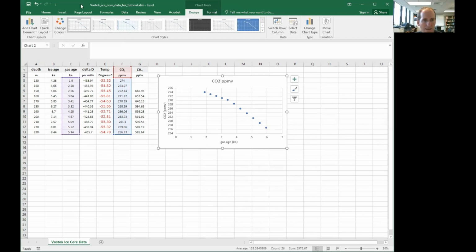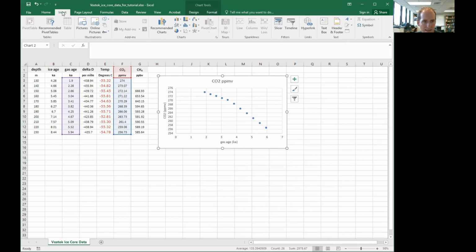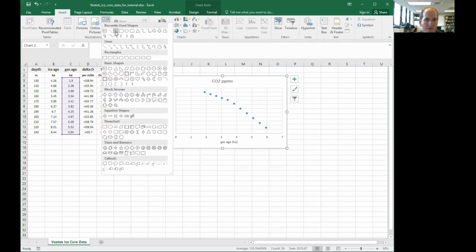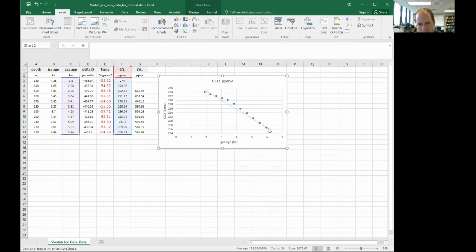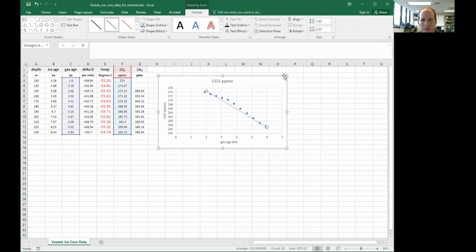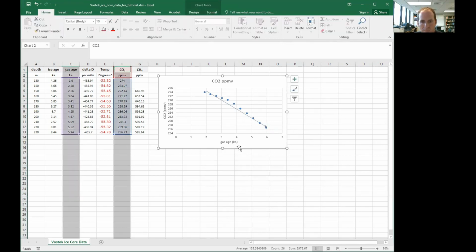The other thing that I'd like everybody to do is go back to the insert tab, and depending on how you have your Excel spreadsheet set up, once you're in the insert tab, you should see those shapes. I'm going to put in some arrows. In this case, there's just one trend that I really want to point out. So I'm going to click on that, click and drag. Let's try that again. Click and drag. And then we have an arrow there that will copy over directly from Excel